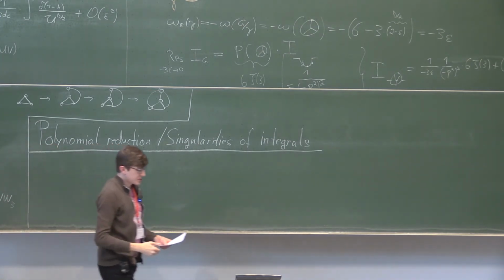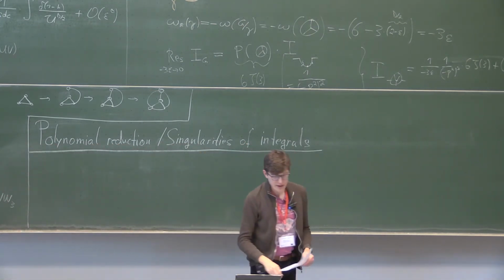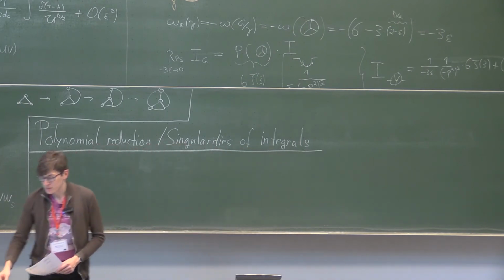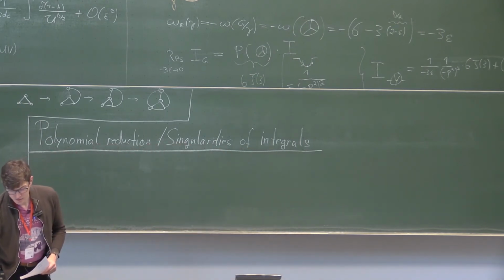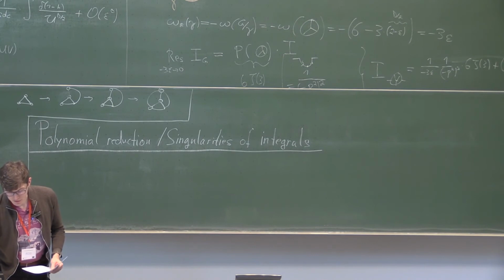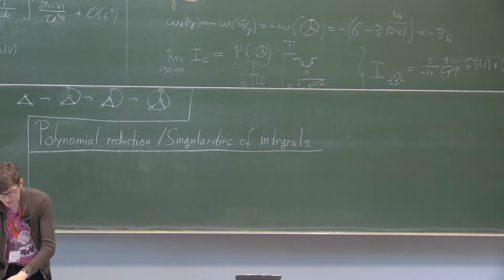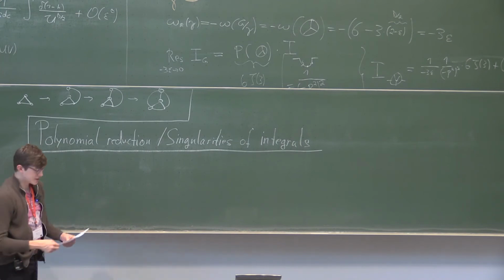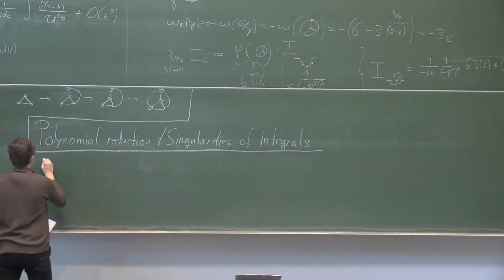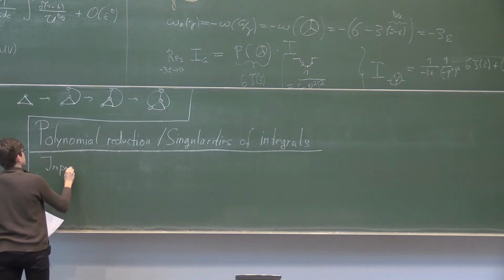So the question here is the following. We have an integrand. In particular, of course, I want to apply it to the integrands you get from parametric representations. But just in general, we have an integrand. The input is an integrand